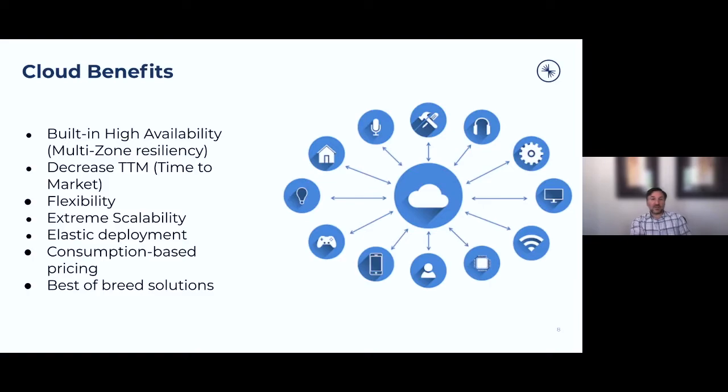So we'll talk a little bit about how you can support multi-cloud as well as just the bridge from on-prem to cloud. So those are some of the benefits that you can expect to get when you move to a cloud.